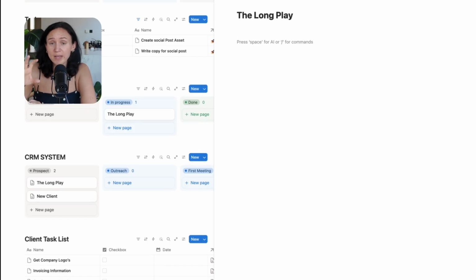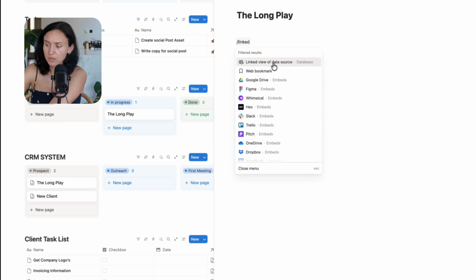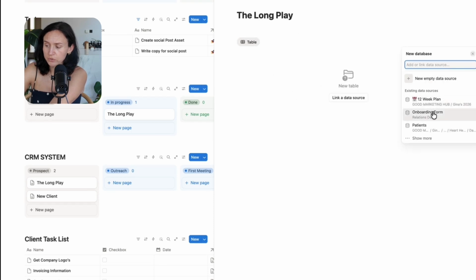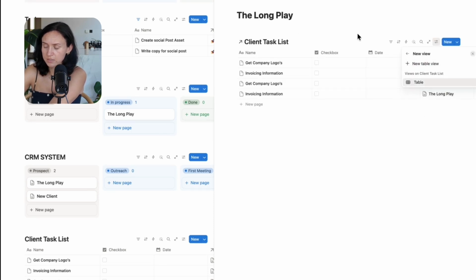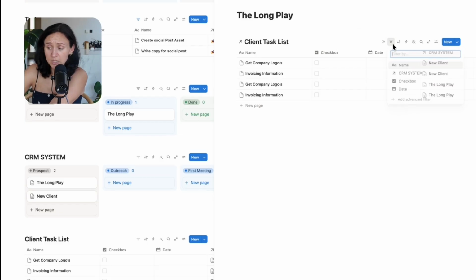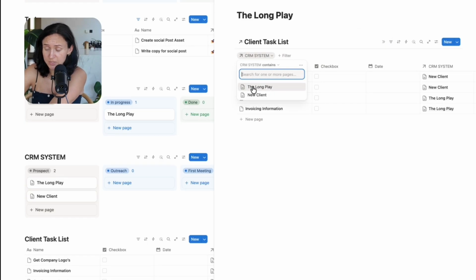So around our business, we may have different boards and projects and marketing, but let's use the task list that we've created as an example. So /linked view, and we're going to go to choose our client task list. We are going to do that relation where we relate it to their client card in the CRM system, but